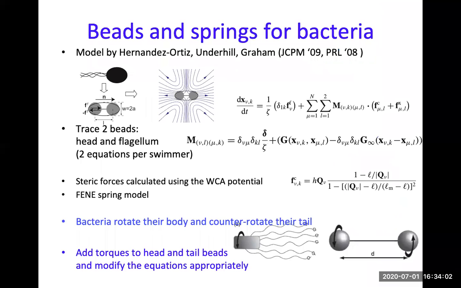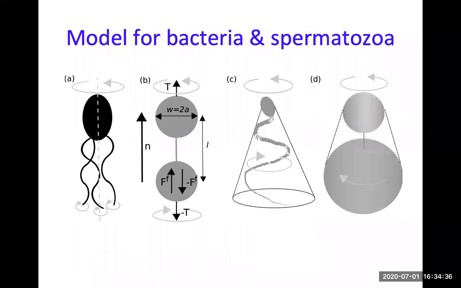So with that, I started to experiment with other swimmer models as well. One other model that people have known for a while is beads and springs. You have two beads connected by springs. You prescribe the flagellum force in one of the beads, for example, for bacteria, and you get the bacterium, right? You do balance of forces and torques. And what I did is I added a counter rotation of the head and tail, because that's what bacteria do, right? So you have this torque dipole on top of the force dipole, right? And it's still a very simple model, two beads, right?